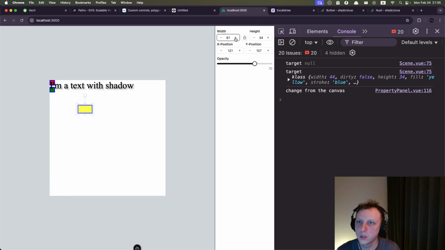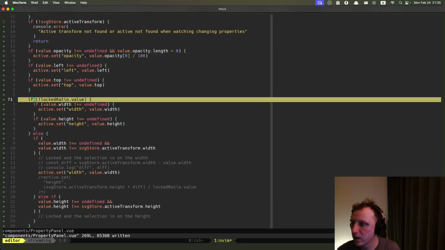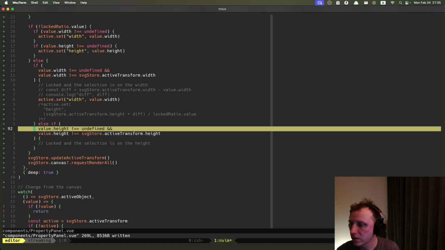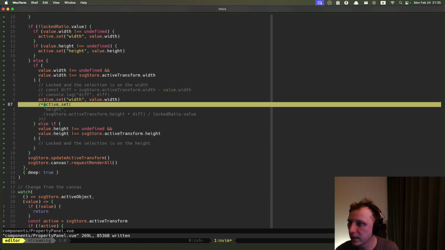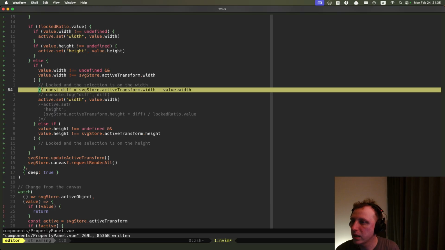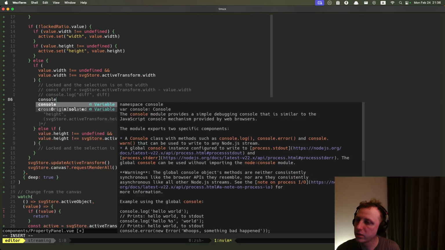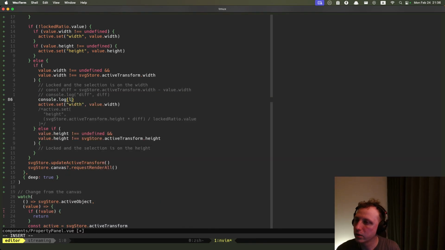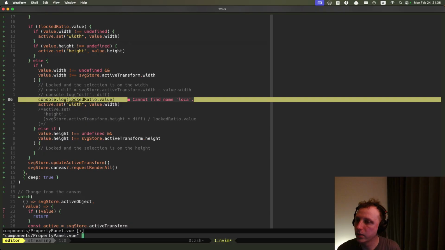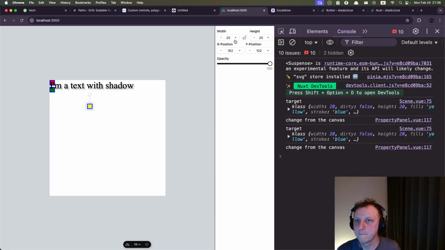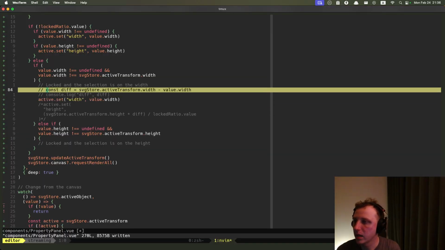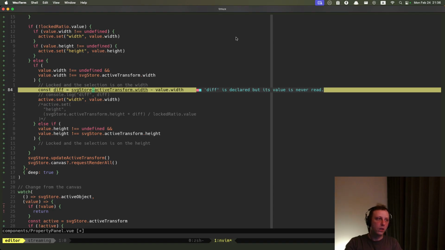This lock clearly is not working right now, and I want to see what is the value of the lock ratio. So we are modifying the, oh yeah, of course we are not setting the height whatsoever. I want to see what is the diff value from the active transform. No, let me check first of all what is the locked ratio value. I want to see this just to make sure. Okay, this is 1, this is fine. So now we want to have the difference between, we don't have the local,